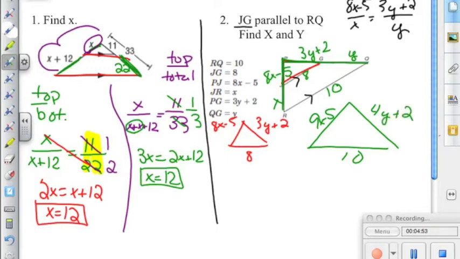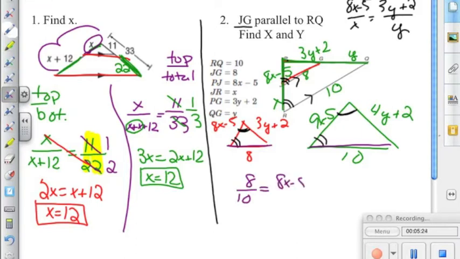The little triangle and the big triangle are similar by AA similarity because they both share the top angle there, P. And then because of the parallel lines, you're going to get another angle. So this time I'm not going to use those relationships I just talked about. I'm actually going to use something that we learned in the previous lesson. I'm looking for corresponding sides. I'm going to use my 8 and my 10